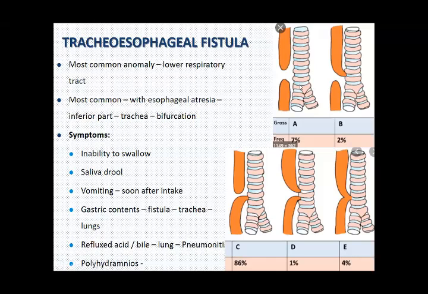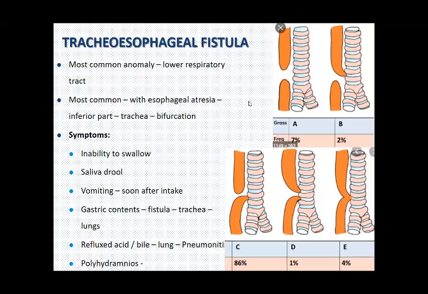इसमें एक चीज नोट करें, फिस्टुला मैंने आपको बताया इज एन एबनॉर्मल कम्युनिकेशन, तो इसमें कोई कम्युनिकेशन है ही नहीं विद द ट्रेकिया, so this is not exactly part of tracheoesophageal fistula। फिस्टुला वो होता है जिसमें कोई एंड कम्युनिकेट करे विद ट्रेकिया। क्लासिकली दिस इज esophageal atresia, लेकिन tracheoesophageal fistula नहीं है। ये केएलएम में नहीं बना हुआ, लेकिन लैंगमैन में ये बना हुआ है, so this is not a fistula। आप केएलएम की उसको फॉलो कीजिएगा, बड़ी अच्छी ड्राइंग्स बनाएंगे।